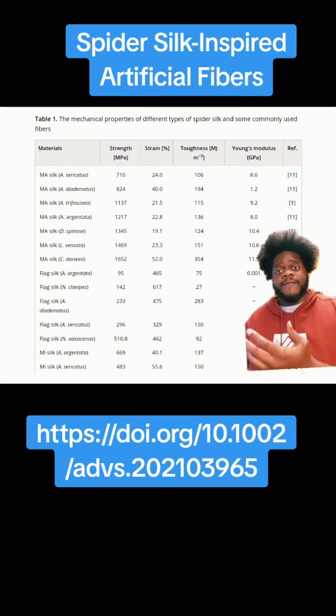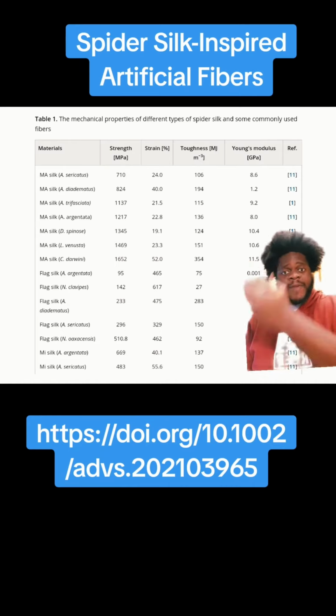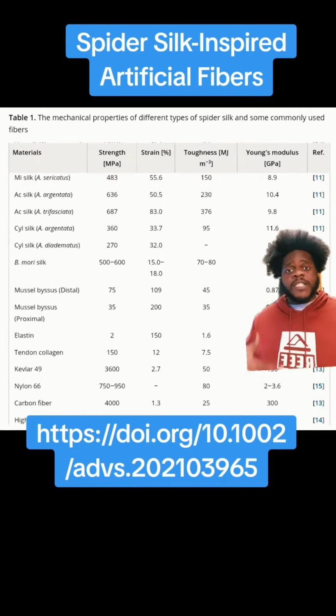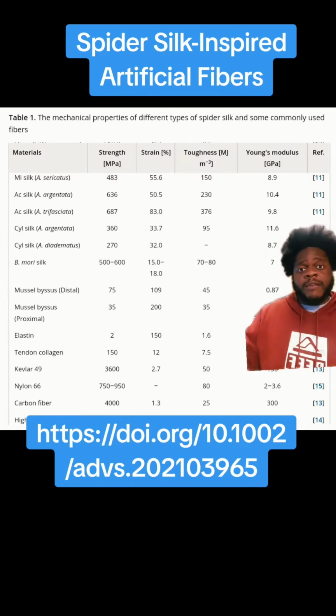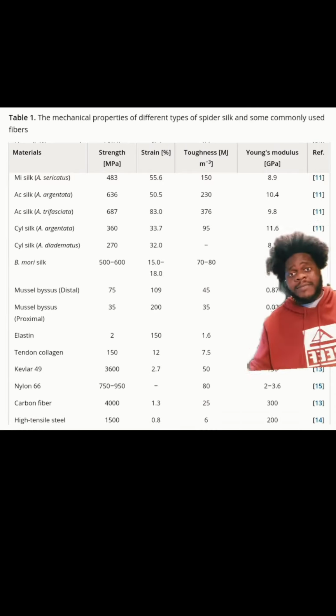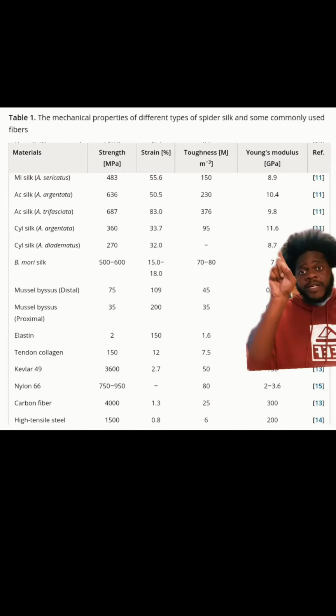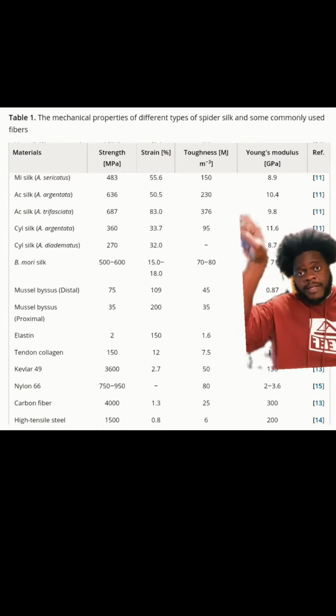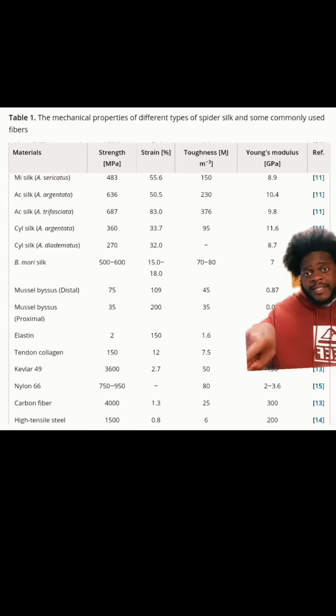In this one paper I found, researchers tabulated the different properties of different types of spider silk. And they not only compared different spider silks, they compared different biomaterials with similar properties, or that would be used in similar applications. And you can see how these spider silks compare. Because these materials exhibit extraordinary toughness, if you just compare this one column compared to even things like steel,